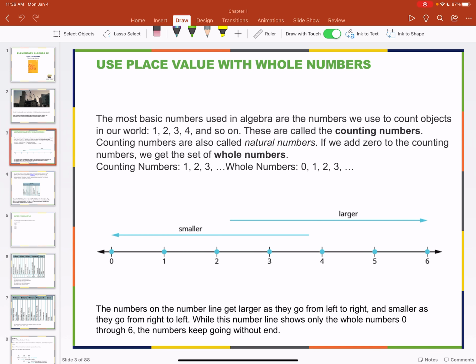Okay, so here we go. So first of all, using place values with whole numbers. And again, if this is review for you, you can forward this. You can try the homework. Of course, it's not mandatory that you listen, but